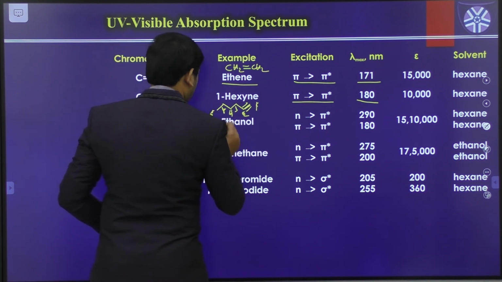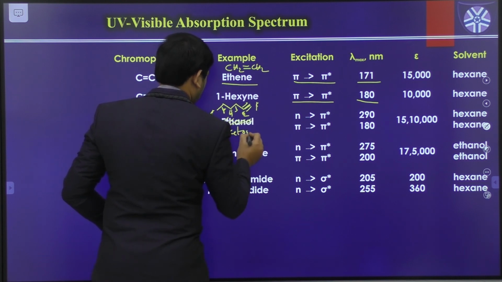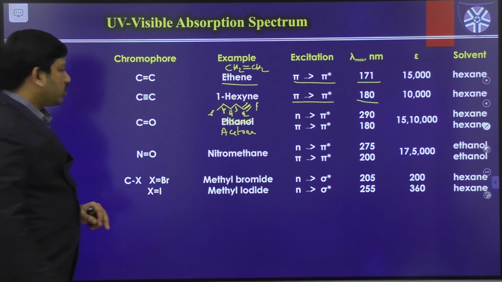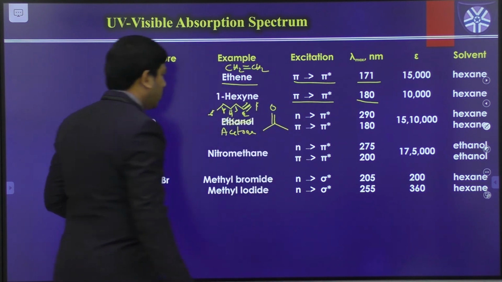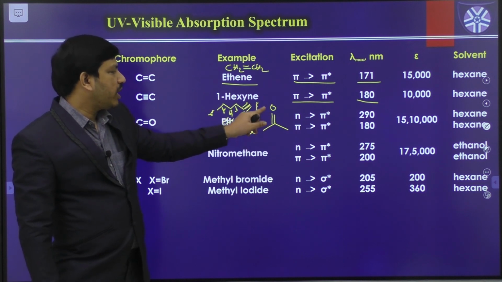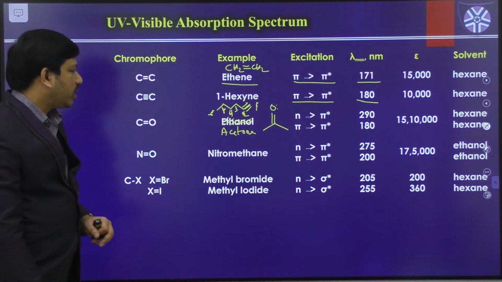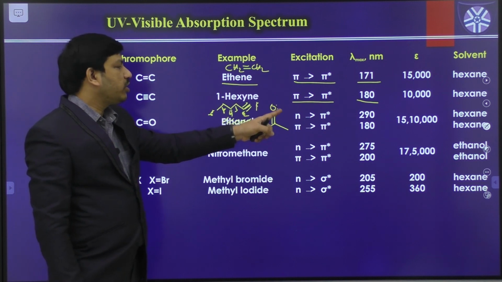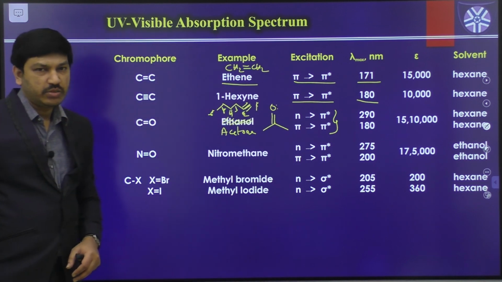Okay. In case of, so this is not the ethanol, this is actually acetone, sorry. So this is actually acetone molecule, there is a spelling mistake. So C double bond O group. So in case of acetone molecule, we have a C double bond O group, as well as this oxygen actually contains lone pair of electrons like this. That means in this case two transitions are actually possible. One is pi to pi star, and second is n to pi star. That is the reason they mentioned two possible transitions in this manner.